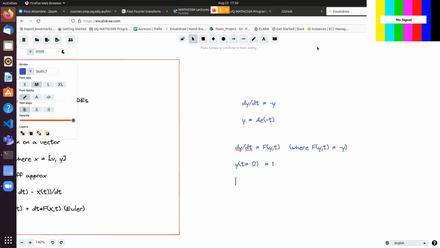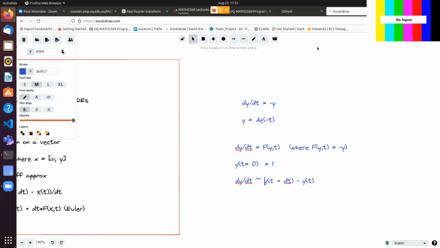Okay, so we know the initial value, and we want to try and do some approximation of the derivative to get a hint about what happens next. So this is where forward differences comes in. So we go dy/dt is approximately y at t plus some small step, I'll call it dt here, minus y of t,